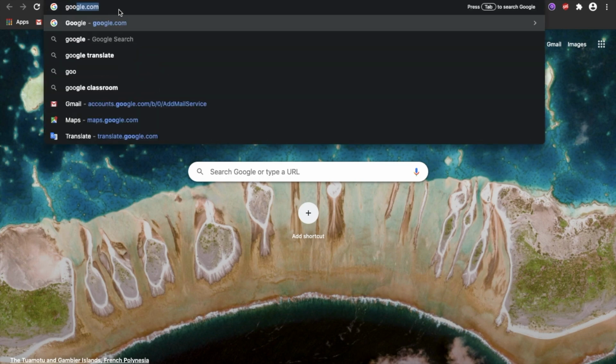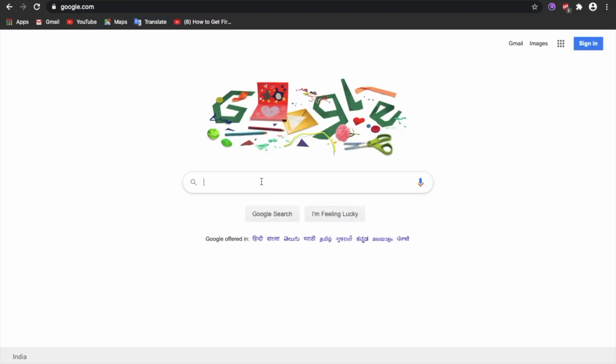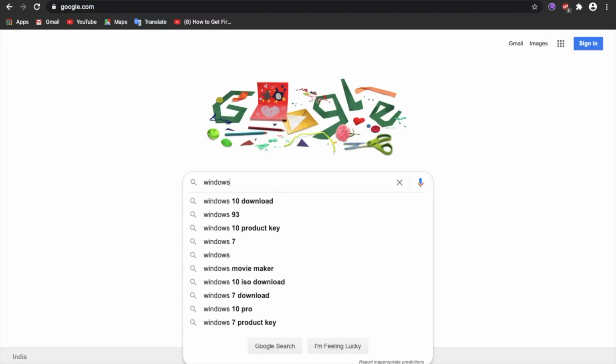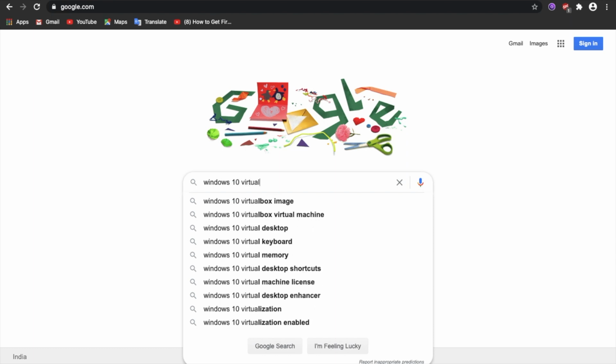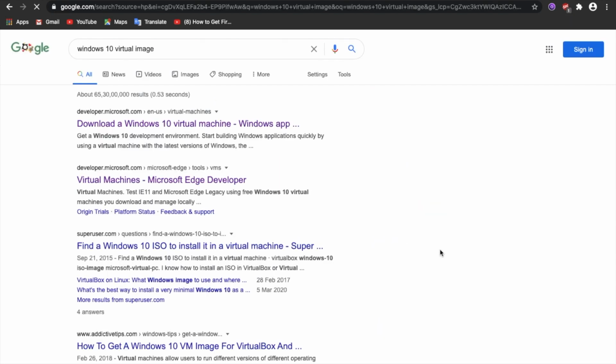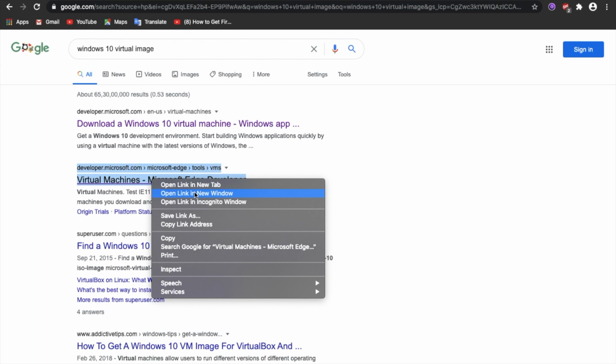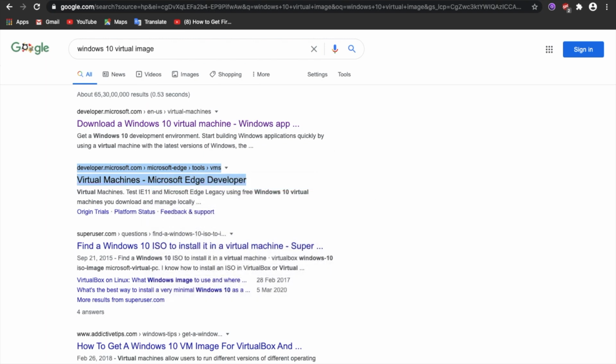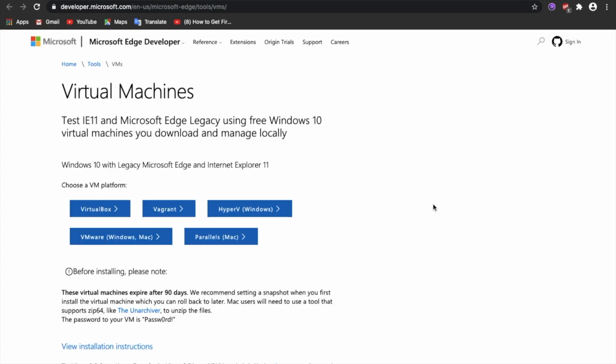Type Google, type Windows 10 virtual image. So you have to click on virtual machines, Windows as developer. This is the Microsoft website from where you can download the Windows 10 OVA file.